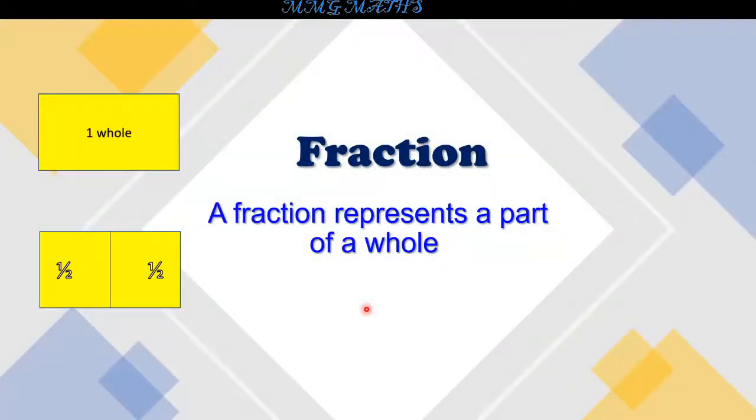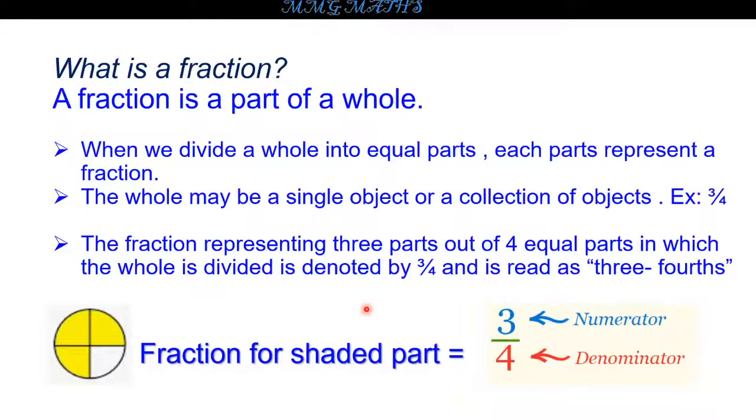Once again, welcome children. Today I will explain what a fraction is and how to write a fraction. Let's start. Look here, children, what is a fraction? A fraction is a part of a whole, and when we divide a whole into equal parts, each part represents